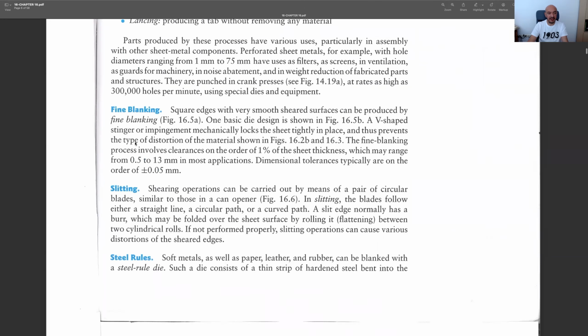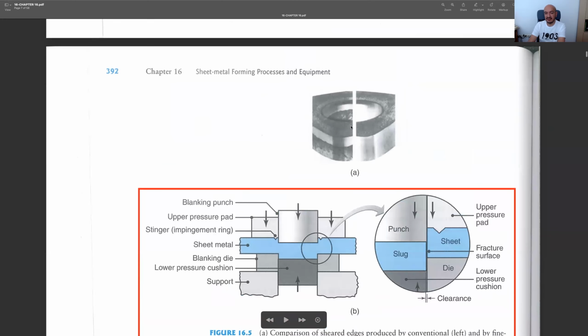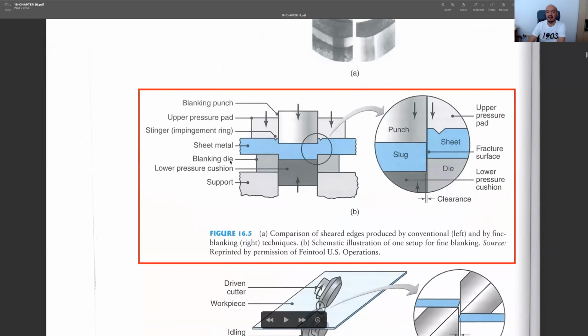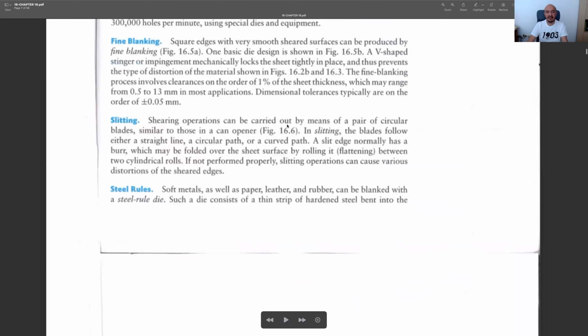And I think then we have fine blanking. Let me talk about this fine blanking. I think we have a picture here. So this is the side view of an ordinary blanking operation. But if you do fine blanking, you can see that we have more burnish zone. The quality of the side surface is improved. How do we do it? In the fine blanking operation, we have these extra pads, and these are called pressure pads. We apply some pressure on the sheet metal so that it's not bent